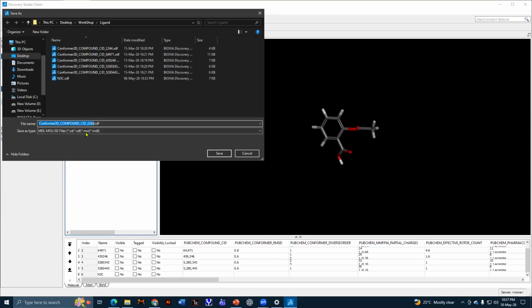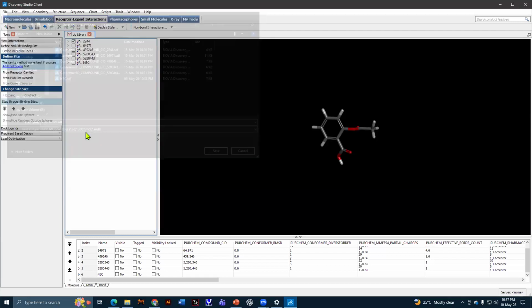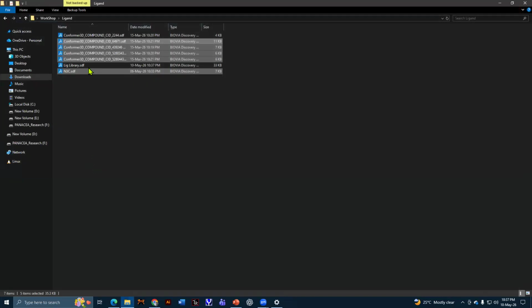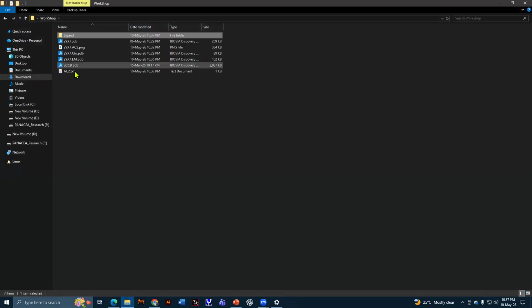We will rename it as ligand library. Okay. So this is our ligand library containing 6 compounds. We create a ligand library. We optimize our molecules. Now we're good to go for